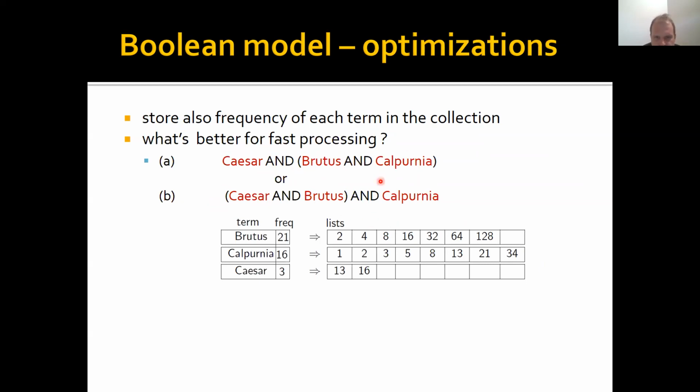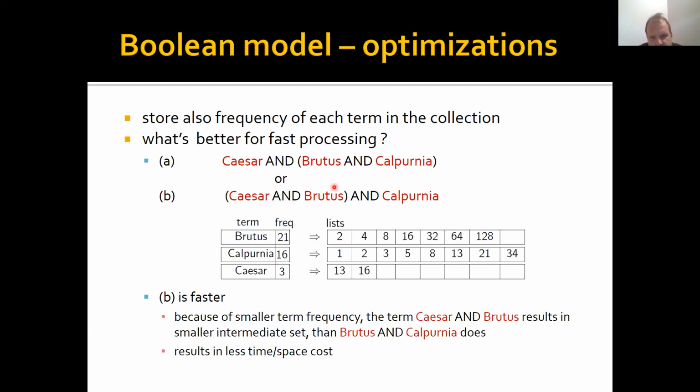And here is the question: what will happen if we evaluate the sub-expressions and store the intermediate results? Then different associations will generate different intermediate results, and some forms are better than others because of lower overhead. So in this case, for example, B is the faster version, because in B we first